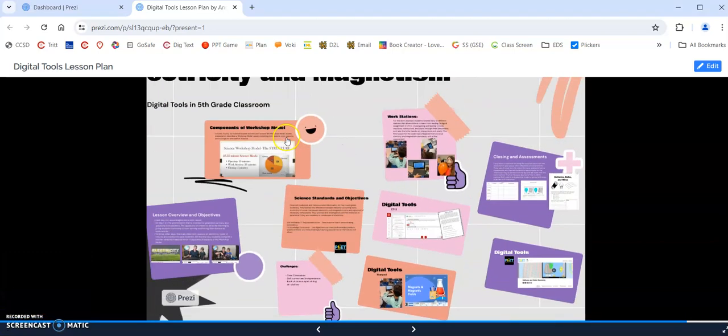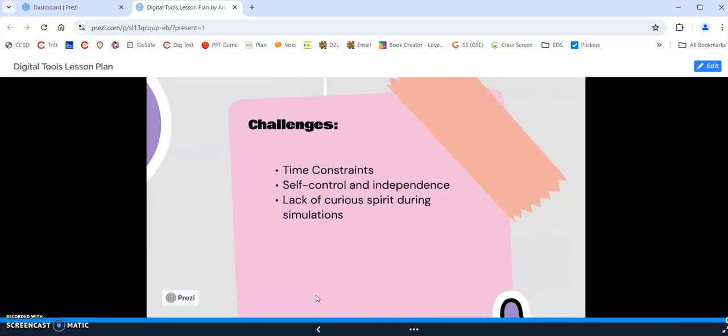The major challenges of this lesson, of course, were time constraints. We're getting close to testing, and all of these things felt very, very short and condensed. Students who had to work independently sometimes had trouble with self-control and independent working. And then when we got to some of the PhET simulations, there were some kids who had trouble being curious,